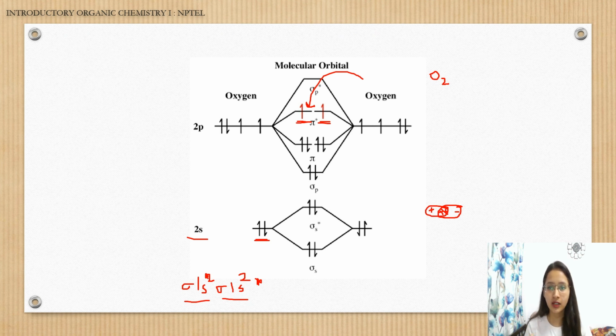Now the overlapping between these two s orbitals, the positive and negative, destructive and constructive, in the MOT sense. But here, if these plus and minus are interacting with each other, then the resulting orbital will form